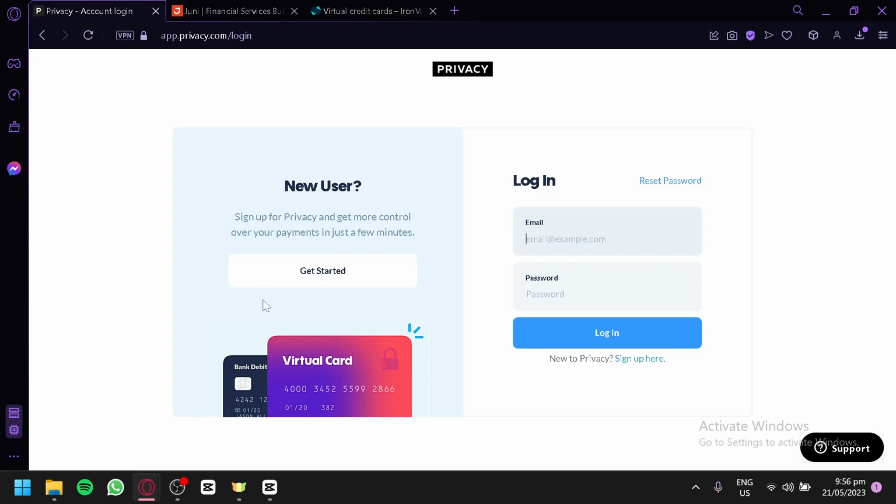Virtual credit cards are a digital payment solution that offers a safe and convenient way to make online purchases. They provide an added layer of security by keeping your actual credit card details private during an online transaction. In this step-by-step guide, we'll show you how to obtain a free virtual credit card, highlight the benefits they offer,